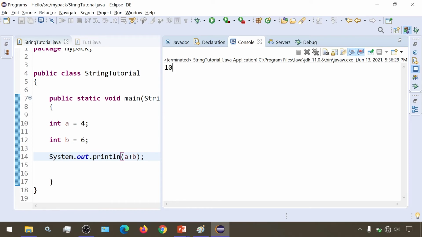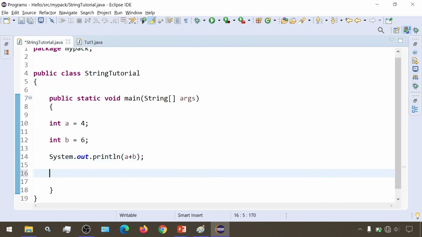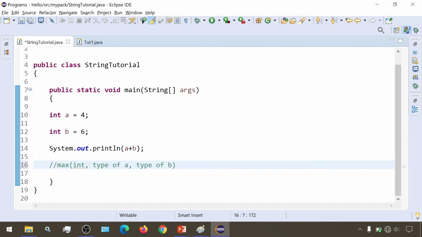The data type would be the maximum amongst int, type of A and type of B. So it will consider the data type int.